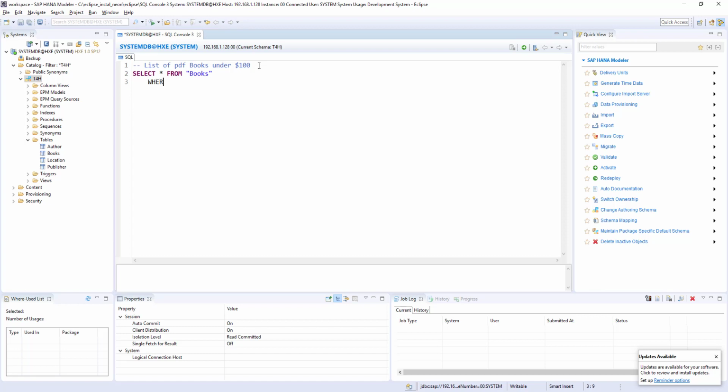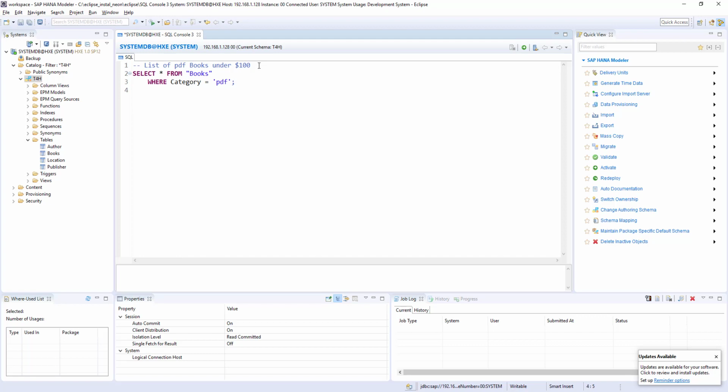If you break the statement into multiple lines, it's easy to understand. Where category is equal to PDF, which is a string, so keep it in